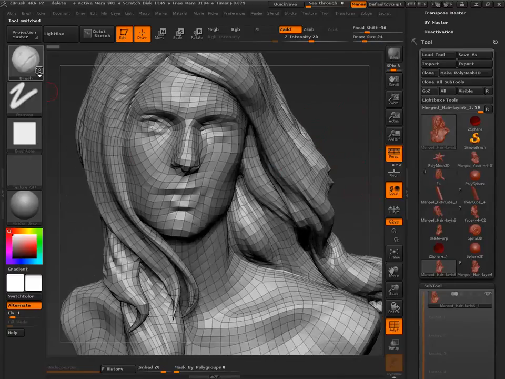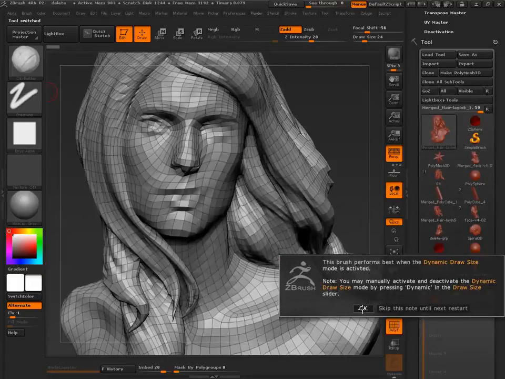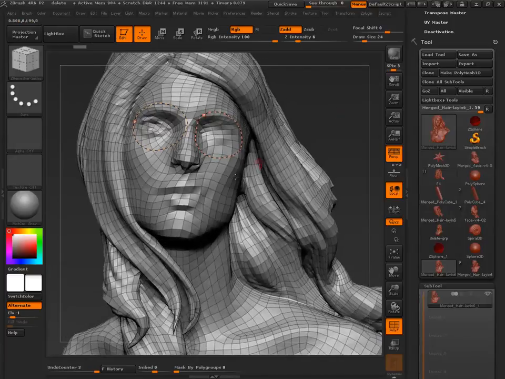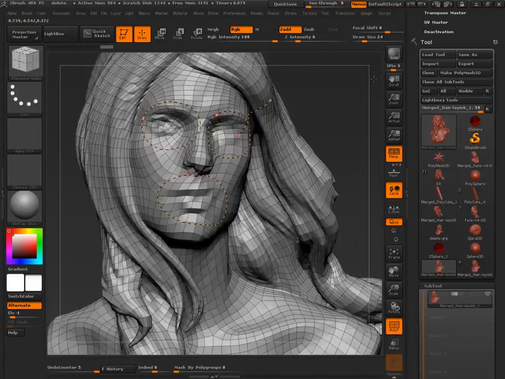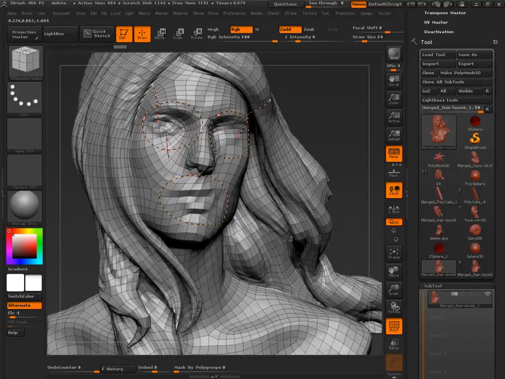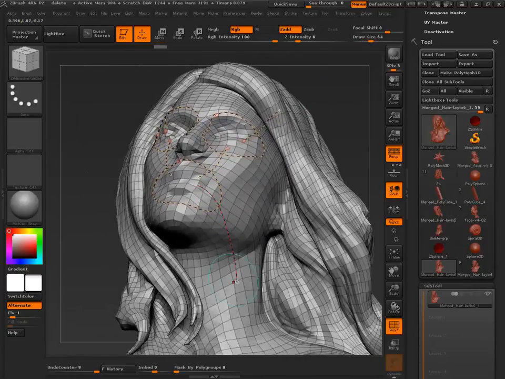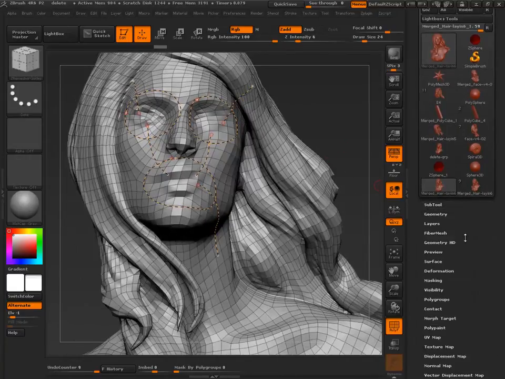I'm going to z-remesh this again, but this time I'm going to use guides. Okay, let's just see if this is going to do anything.